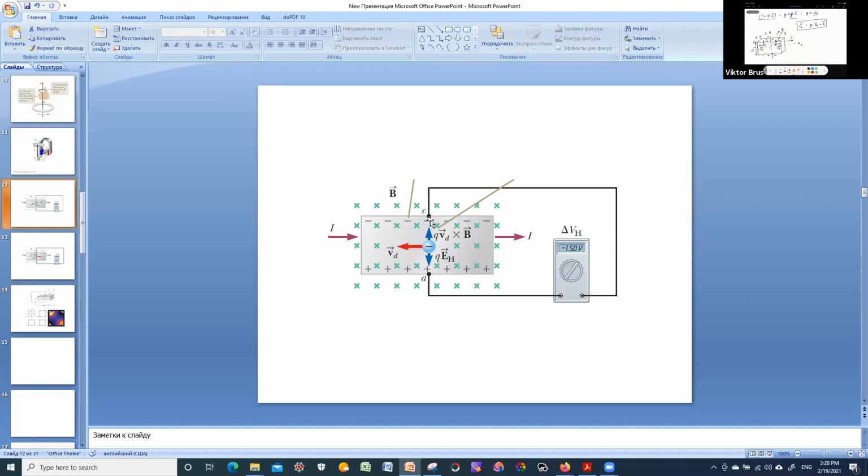And if the edge of the conductor where charge carriers are deflected has lower potential than the opposite edge, then we consider that this voltage, called the Hall voltage, the potential difference between these two edges, will be negative in this case. So this is true for metals, and the same will be true for